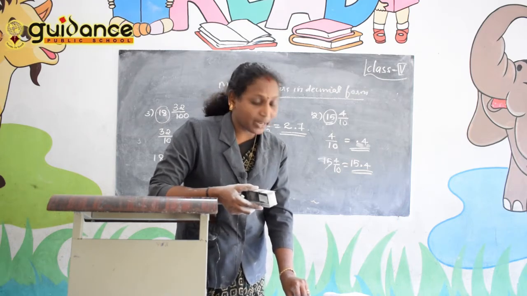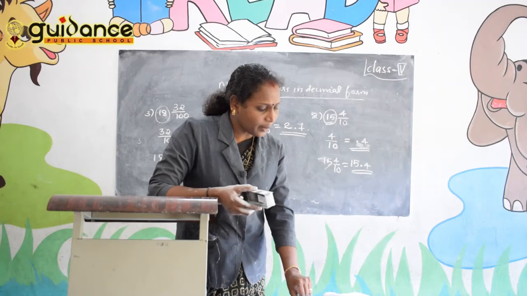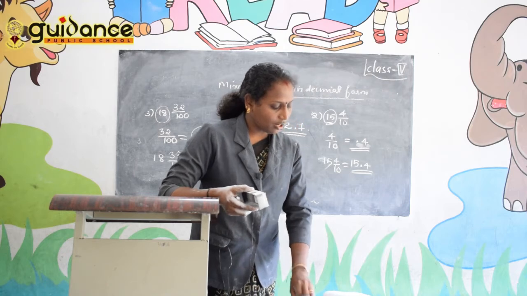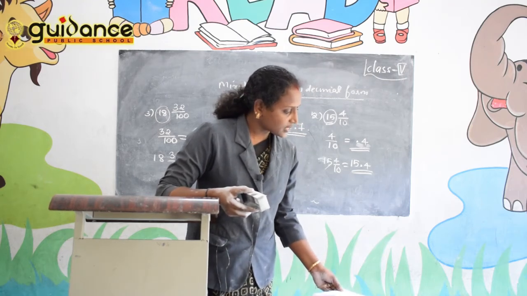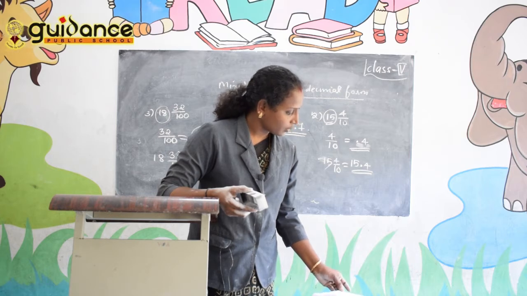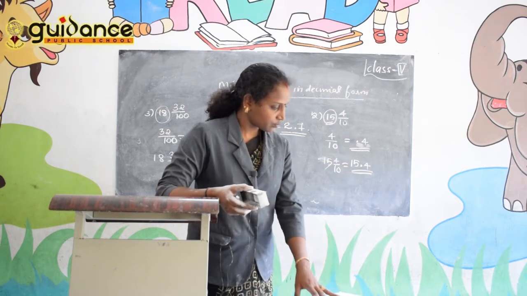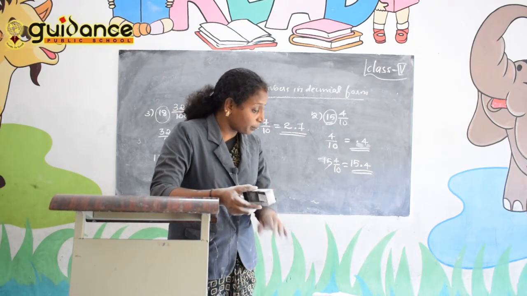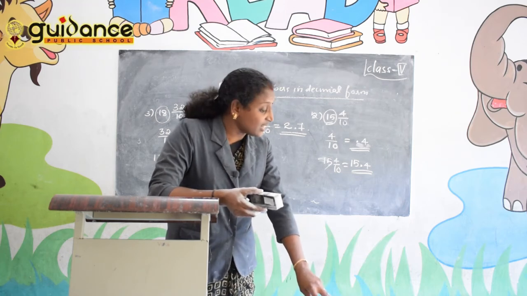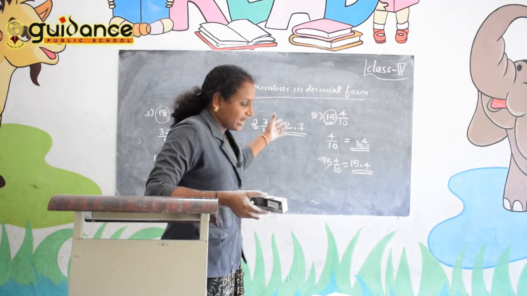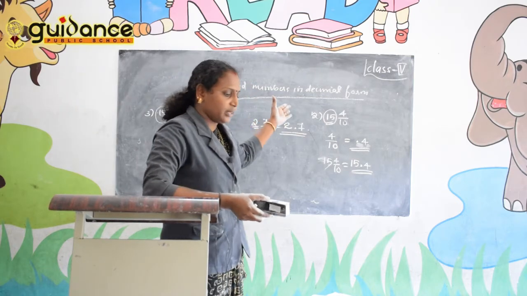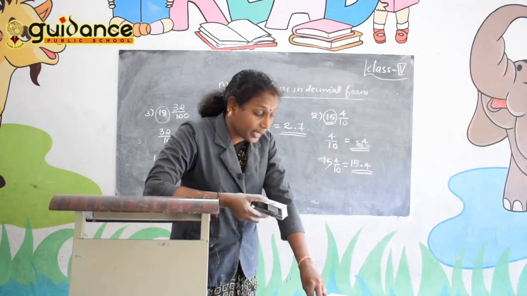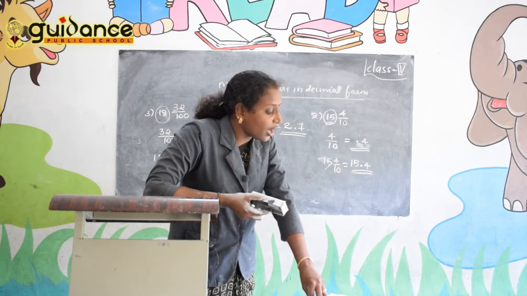Your work is on page number 85. One checkpoint is there, so all of you do the checkpoint. Next we will do the next exercise. Question A is to write in decimal. It's very easy. That is your homework. Then question number 2, B: write the decimal number as a fraction or mixed number.